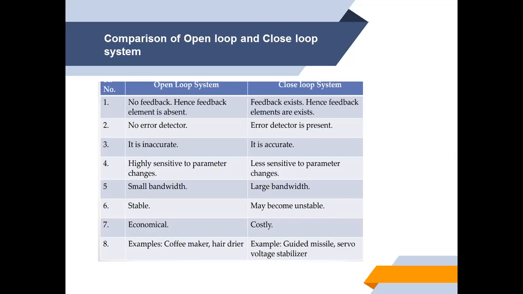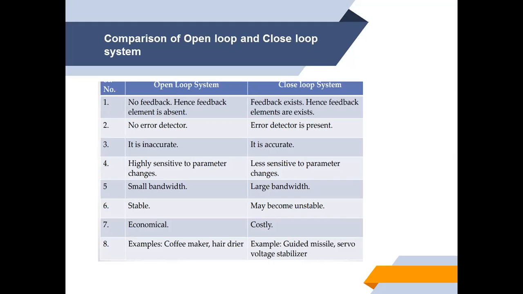Open loop system is quite economical, since in open loop system we don't have any external sensing device, we don't have an error detector. So fewer devices are required in order to design an open loop system. So it is highly economical compared to closed loop system. In closed loop system we do have sensors, and sensors are quite expensive, so we can say these are comparatively costlier.